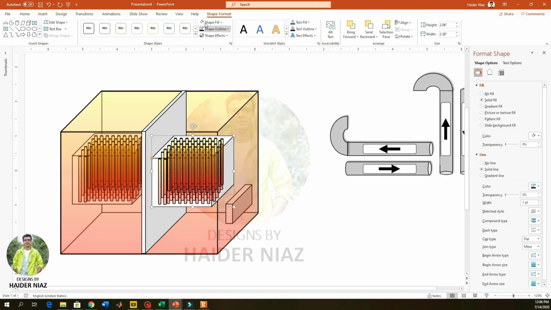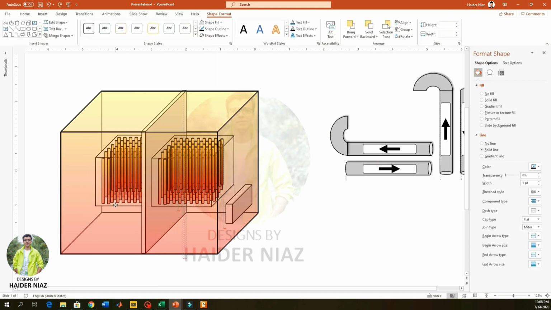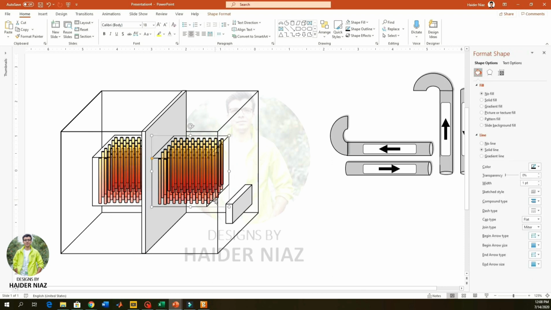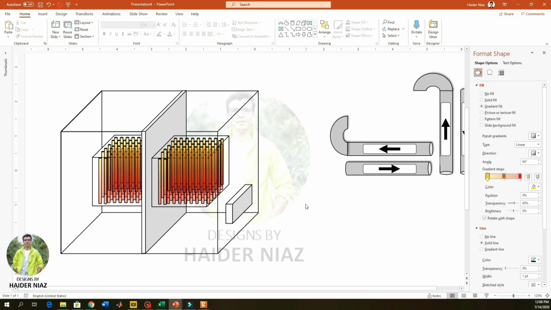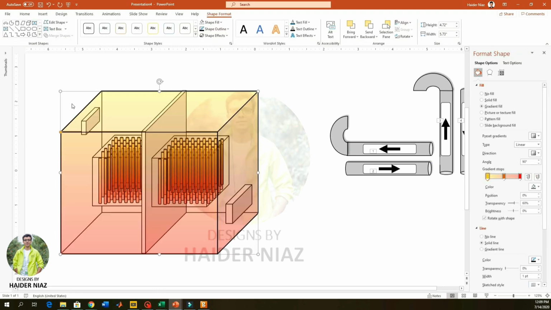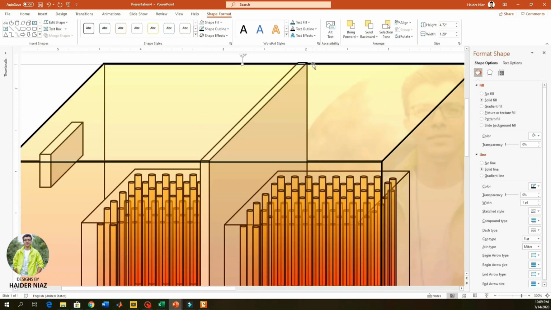Now what I'm going to do is that I'm going to bring the previous shapes in the front and slightly adjust the position of the other heat exchanger so that I can make them consistent with both sides. So now it's done, it's aligned. So I'm just going to put the outside outline back on the plane, and I'm going to add an exhaust on the top so that it can show that the smoke is coming from one side and going to the outside of the exhaust on the top of the second chamber.